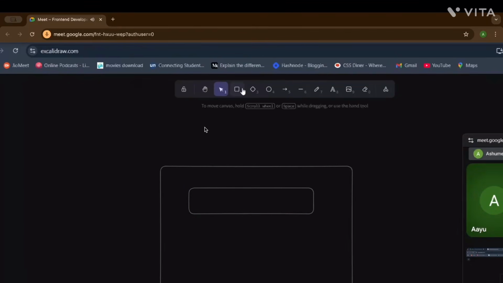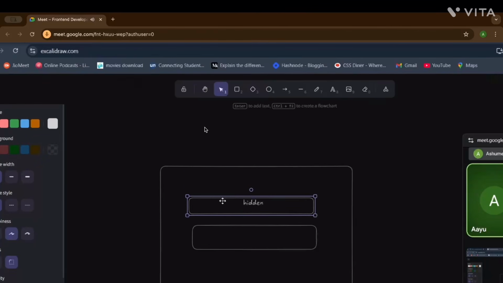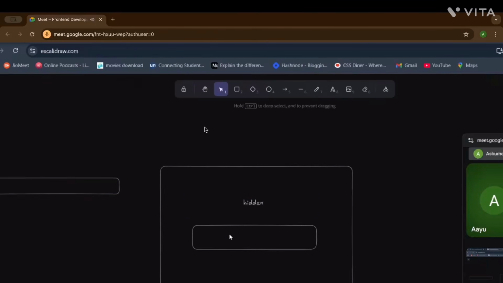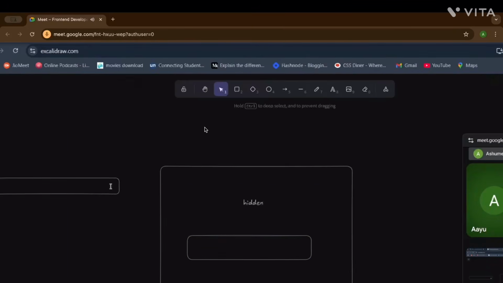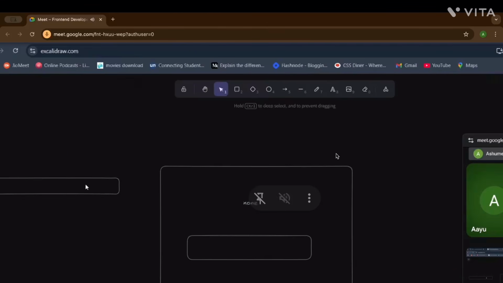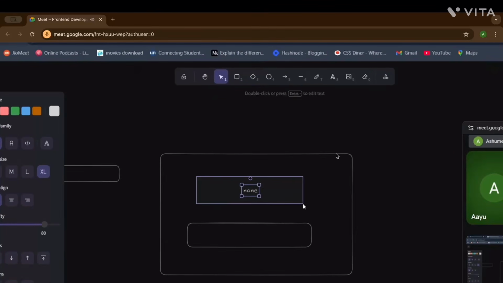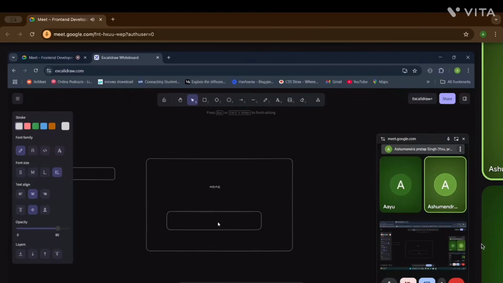If we give the property display none, this one disappears and this one moves up into its place. And when we give the property visibility hidden, it is not visible here, but it still occupies its space, and the other stays in its previous place.